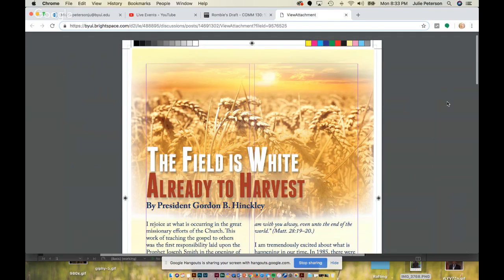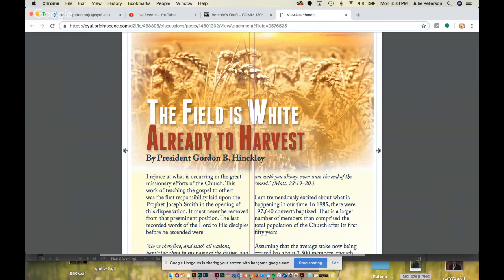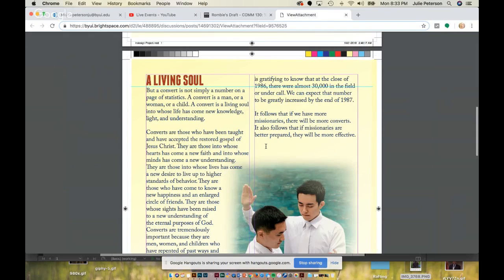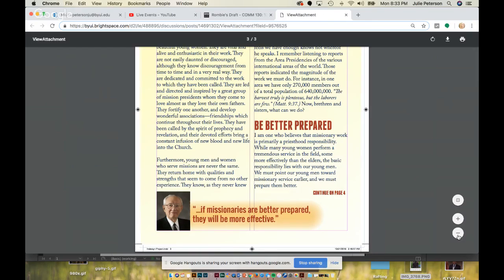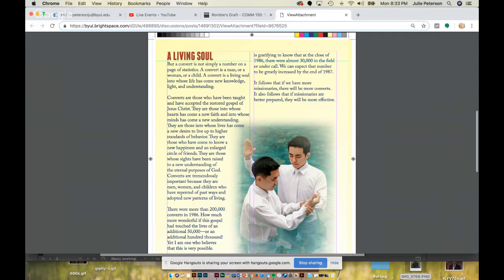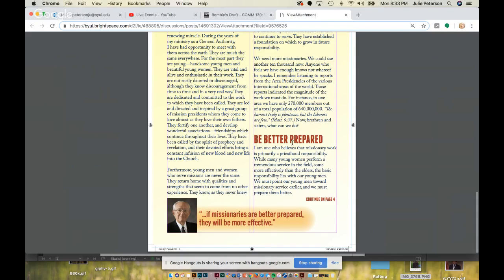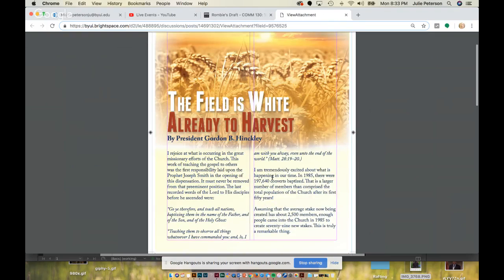The field is white, ready to harvest. This is looking good. I'm liking it. So what I like is the color scheme, first off, and that there's color throughout the piece that's kind of unified, and it's making it feel like it's one piece. I love the pop of red that you get from the first page to the last, the blue. It's all really nice. So great job on the color scheme.